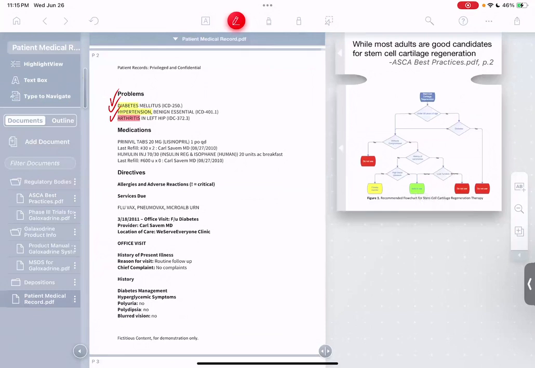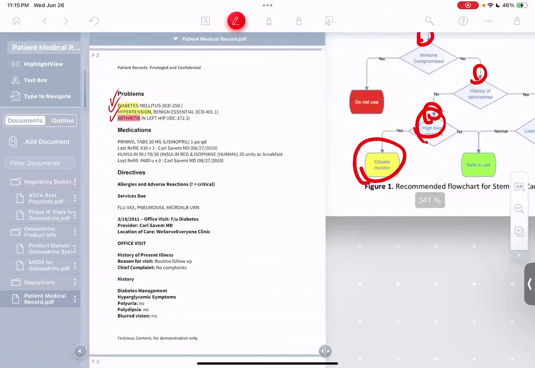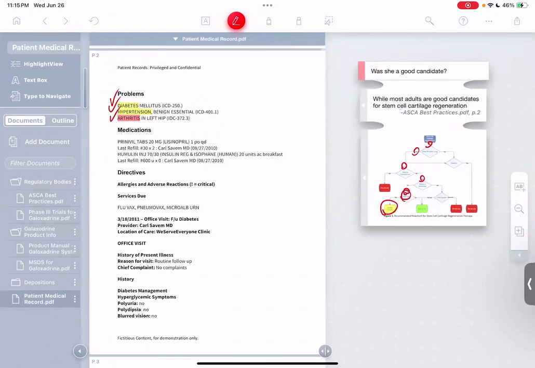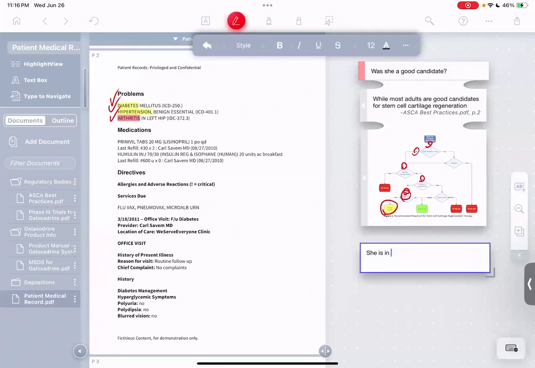So if I look through the algorithm here, if we follow it through, it seems she's not immune compromised, no history of carcinomas. She does have high blood pressure. And so our client is squarely in the closely monitored category. Okay, that's really important to note. I know opposing counsel is going to argue that she's not in the closely monitored category. So I'm just going to, again, click our little text box button here, and I'll make a little text box saying she is in